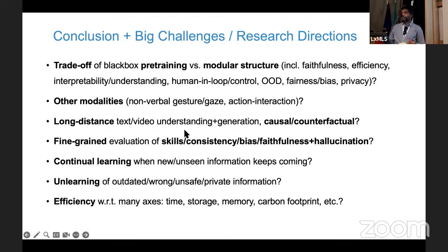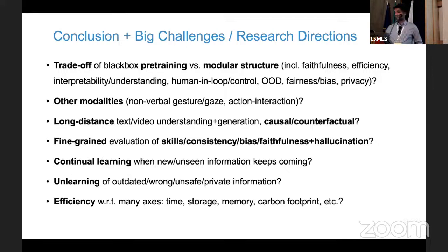I also covered long distance video generation, but on the understanding side, we have a lot of work. And one big issue there is shortcuts. A lot of these models on long context are actually taking shortcuts and not really using the long context. So there's a lot of interesting work to be done on causality and counterfactuality here. Making sure that they're right for the right reasons, which means that if you remove something important, they should change their answer. But if you're removing something not important, then they should not change their answer. There's also more objectives for this. You also want to make sure that they can tell you why they changed their answer.